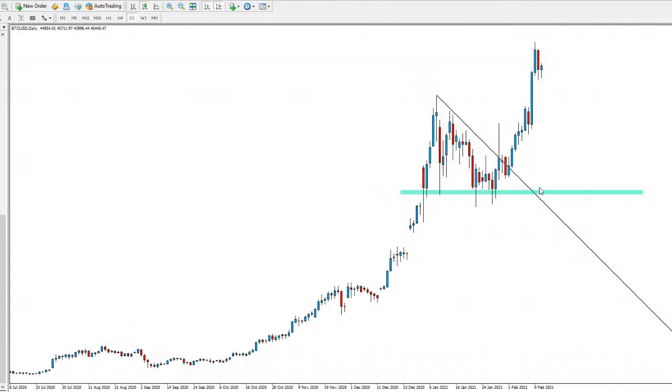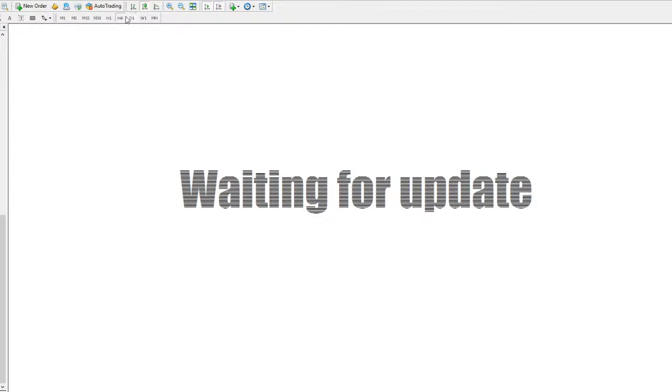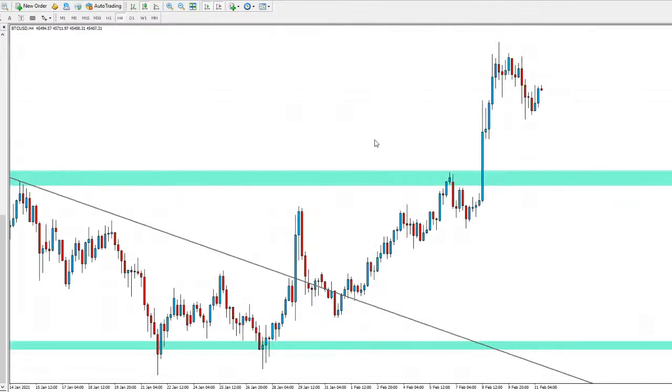So again, still a lot of reasons other than technical reasons why we're still continuing to the upside here for Bitcoin. But again, still looking very bullish here, and there's nothing saying we can't go much higher for Bitcoin. Obviously after this push, could be seeing a bit of retracement as well. Maybe price coming back to test this prior resistance here, now turn support, and maybe continue in this journey to the upside. But as you can see, if I jump to the 4 hourly, we're already having a bit of retracement.